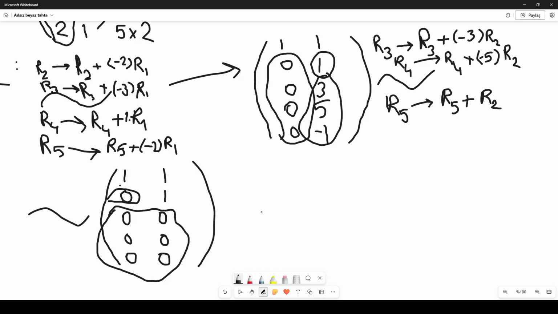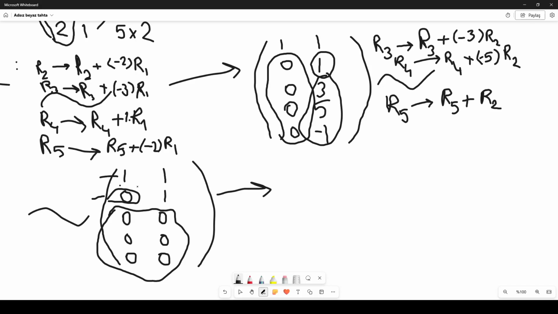So zeros are again strictly increasing, starting from top to bottom row, right? In the first row we don't have any zero, in the second row we have one zero, and in the remaining rows we have all zeros, and these are just 0 rows. So 0 rows must be below all other non-zero rows, which means that we're done with the Gaussian elimination method, since our matrix is now in row echelon form. Alright then, we are ready to find the rank. And what is the rank of this matrix? Well,